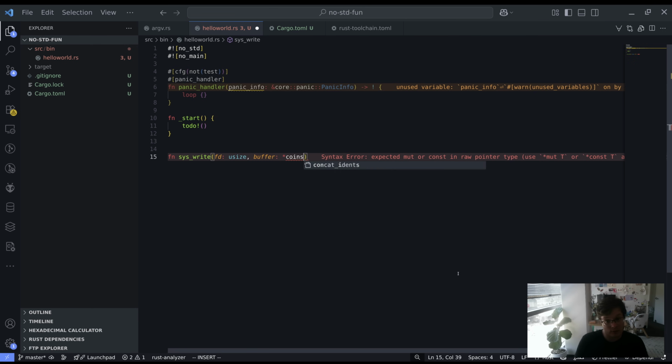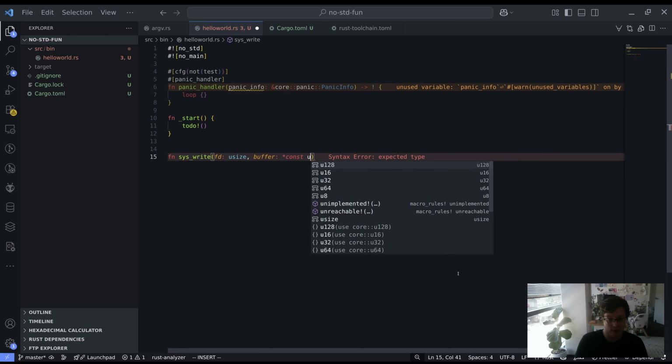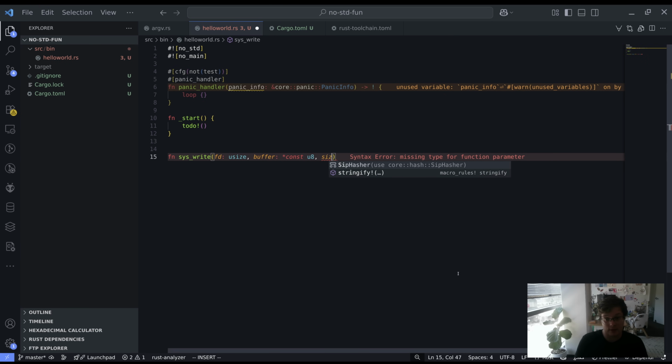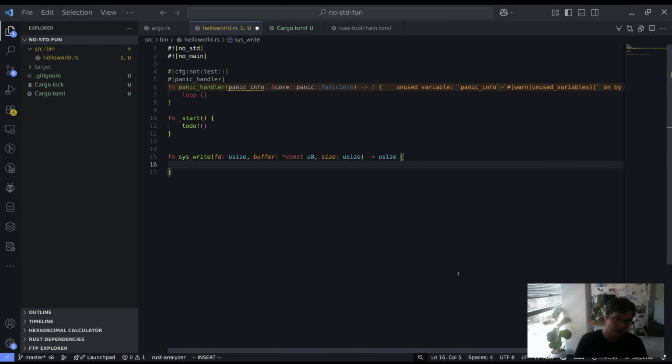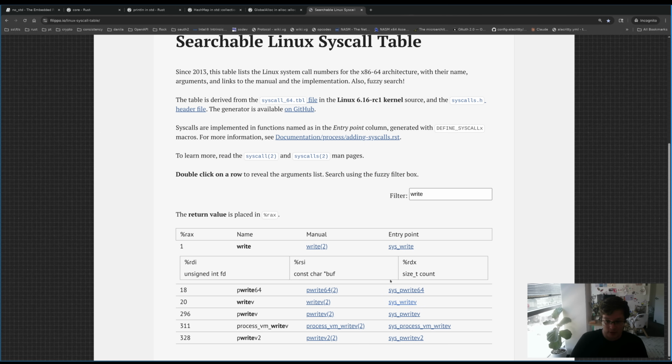Buffer is a const pointer to a u8, and size is usize, and the result is usize. And the result is basically how many bytes have been written to that fd. And yeah, so